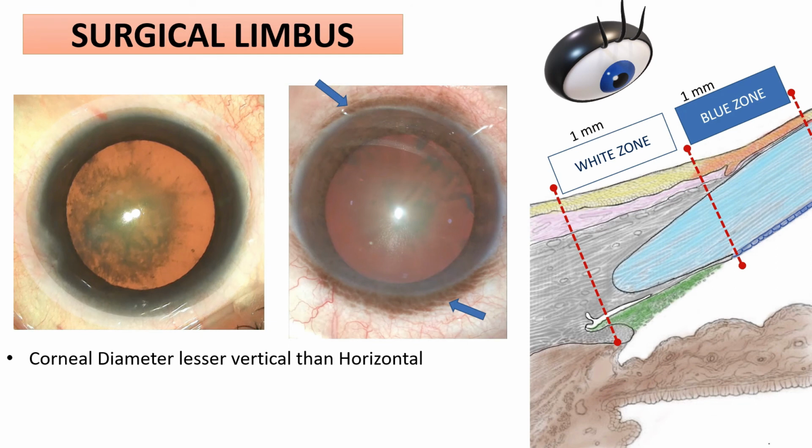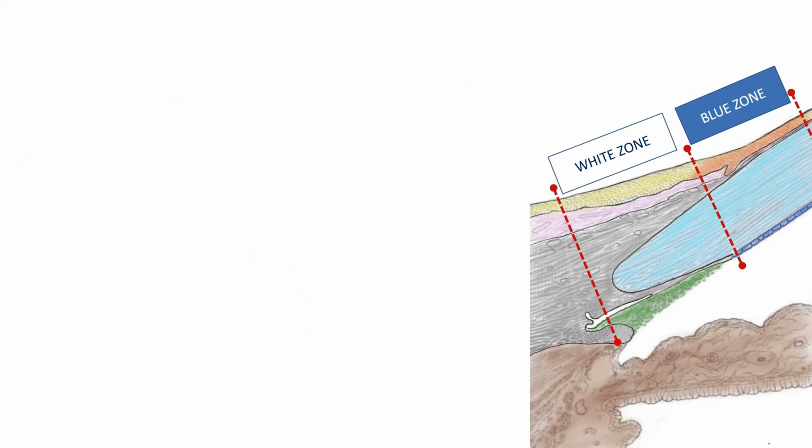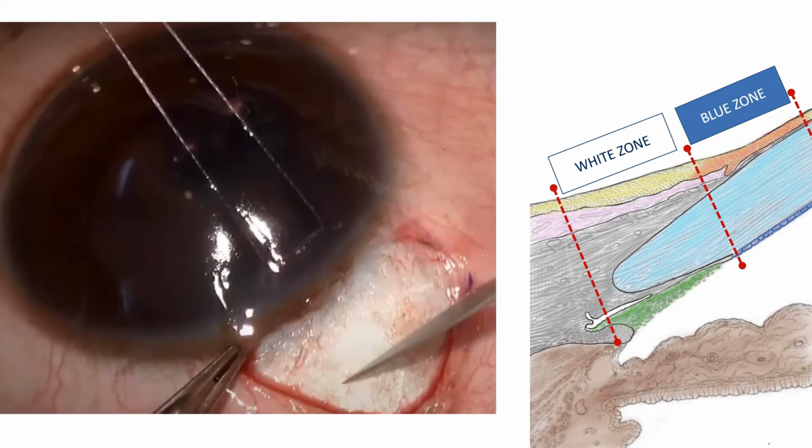Now many times, due to the palisades and heavy conjunctival pigmentation around the limbus which is commonly seen in Indian population, the blue zone is not seen well with the conjunctiva intact. Instead, we see this brownish palisading pigmentation at the limbus. This pigmentation can extend even beyond the blue zone into the white zone as you can see in this photo. Hence, better demarcation of the surgical limbus landmarks are always made during surgery after a conjunctival peritomy has been performed.